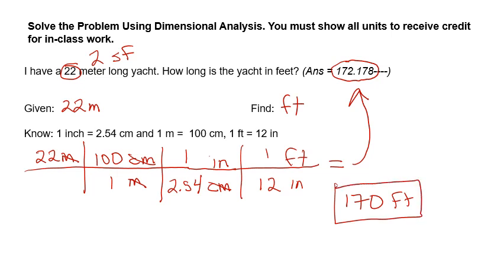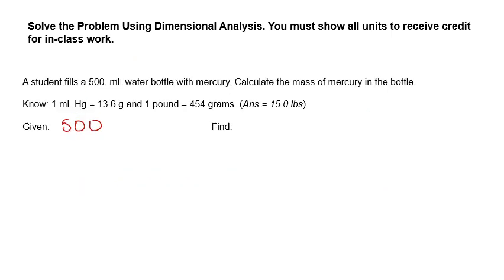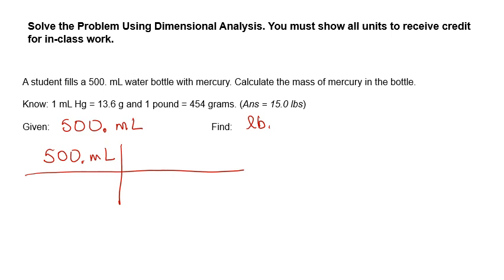I have one last problem for you. So we have 500 ml. And notice I put the decimal point there. And we are going to try to find pounds, and the abbreviation for that is LB, okay? So we're going to start with 500 mLs. We're going to bring mLs down. 1 ml of mercury has a mass of 13.6 grams. We're going to bring grams down, and we're going to go to pound,